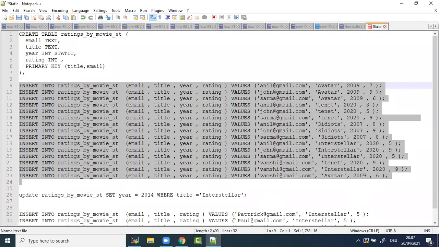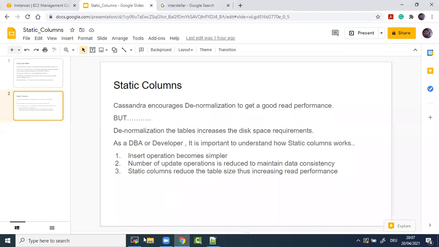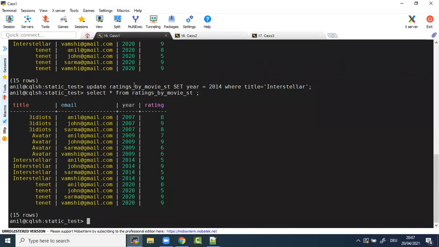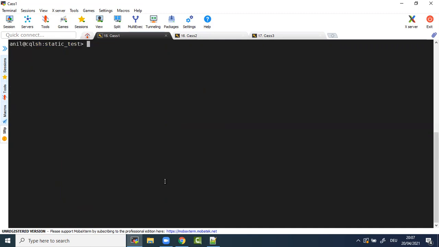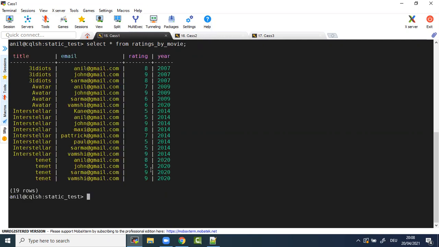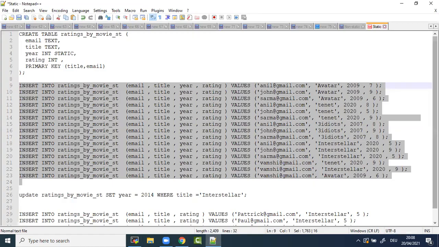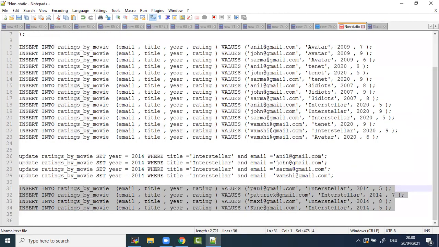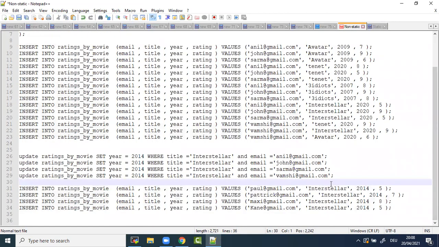Now I'll connect to both the tables. Here I connected to this one. We are in the same keyspace anyway. I'm querying from here, and if you remember, every time I inserted data, I had to pass this column.